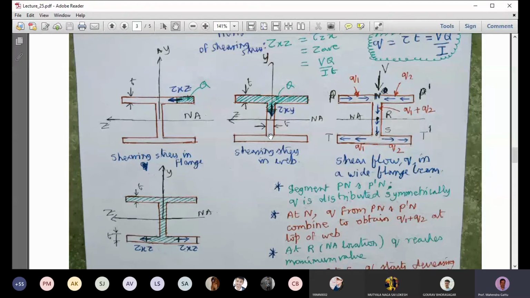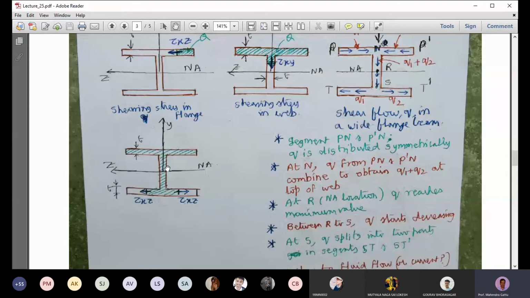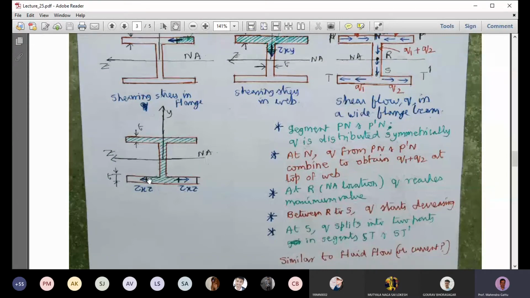So again, once we go here, our Q value will be determined from this area, and here again for this horizontal cut, our delta H will act towards you, so the tau Zx will act towards you. On the mutually perpendicular plane, that is the transverse plane, we have tau Xg which will balance it. So now here the shear stress is acting away from the vertical plane, so that you have to understand. Although delta H and tau Gx are acting towards you, the corresponding tau Gx is on a mutually perpendicular plane, so the tau Xg will act in the leftward fashion.